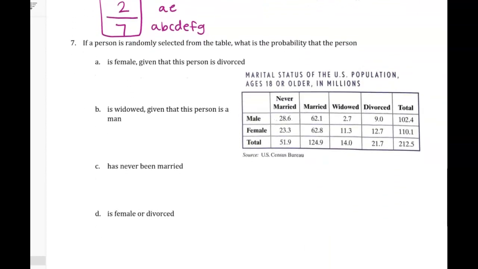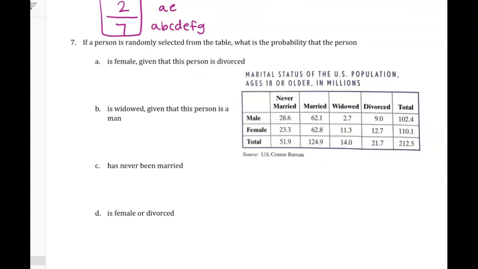Now we'll use the table. So if a person is randomly selected from the table, what is the probability that the person is female given that this person is divorced. So that's telling us our denominator. So our denominator is going to be divorced people. Sorry, I didn't really talk about the table. It's marital status of the US population, ages 18 or older, in millions. Not sure what year, it's from the textbook, so it might be early 2000s, but still data for us to look at. So given that this person is divorced, total divorced,